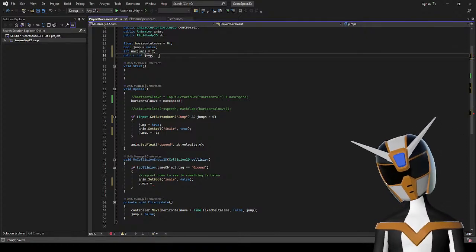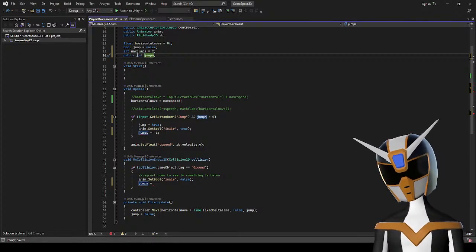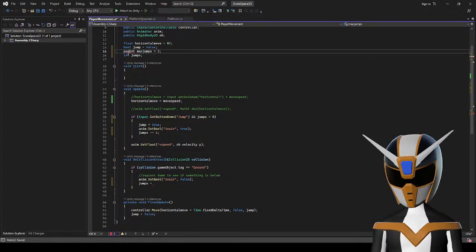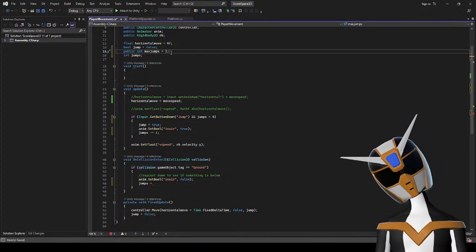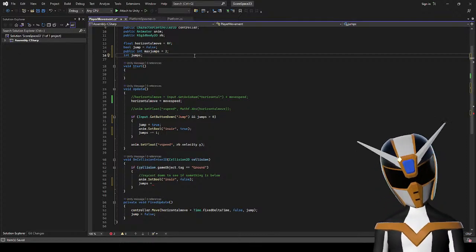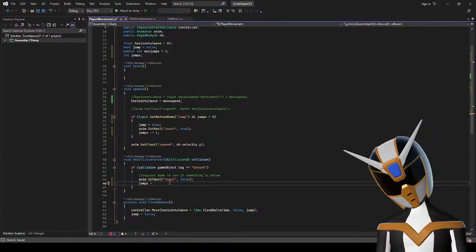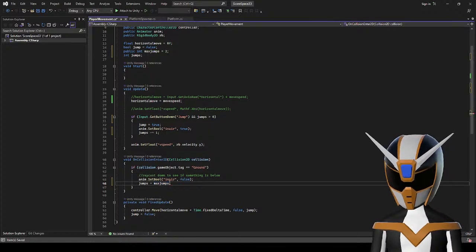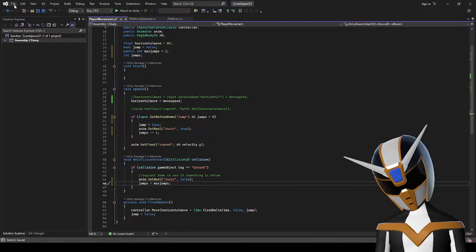And then let's have jumps as a non-public integer. This one will be a public integer. And then jumps equal to max jumps. Hopefully that'll work.